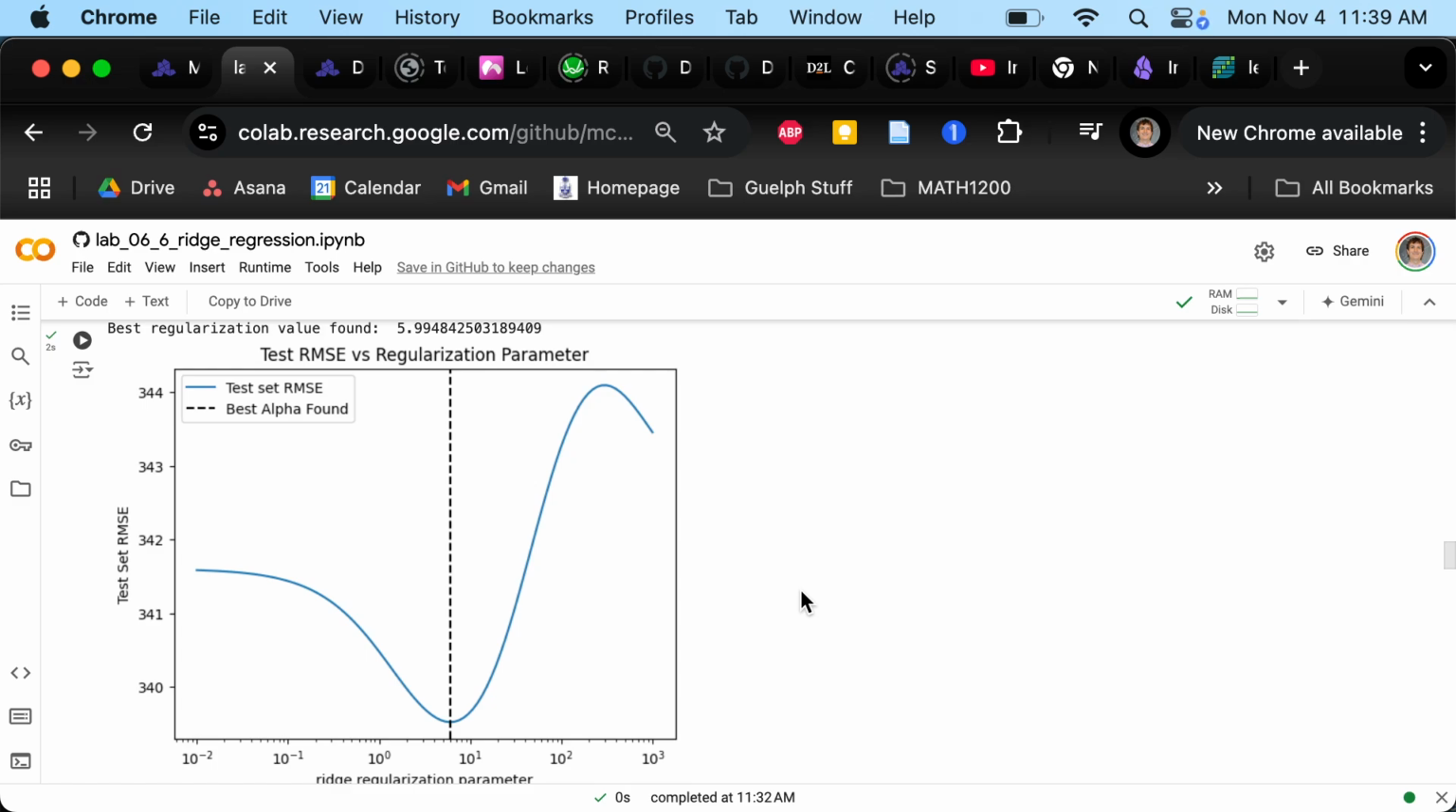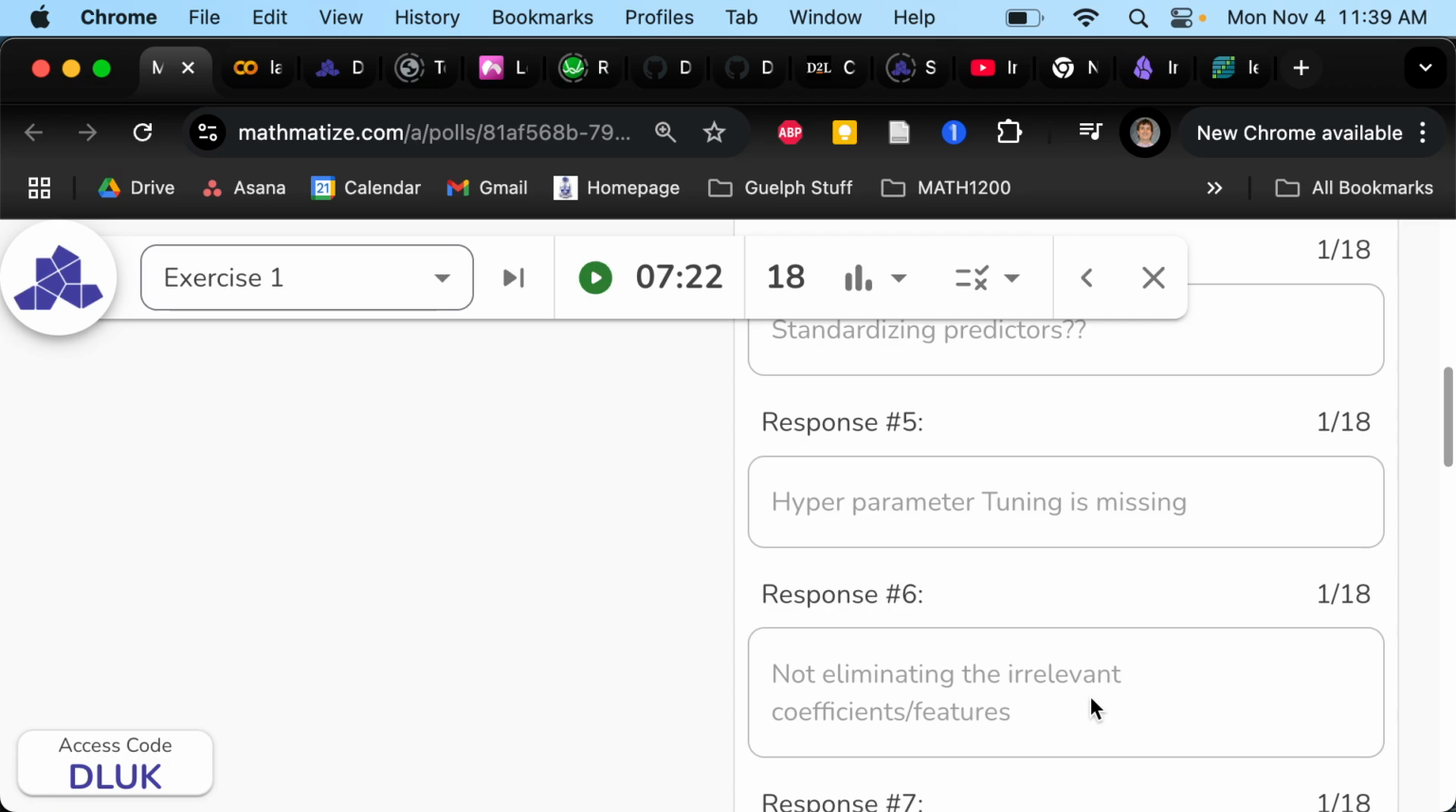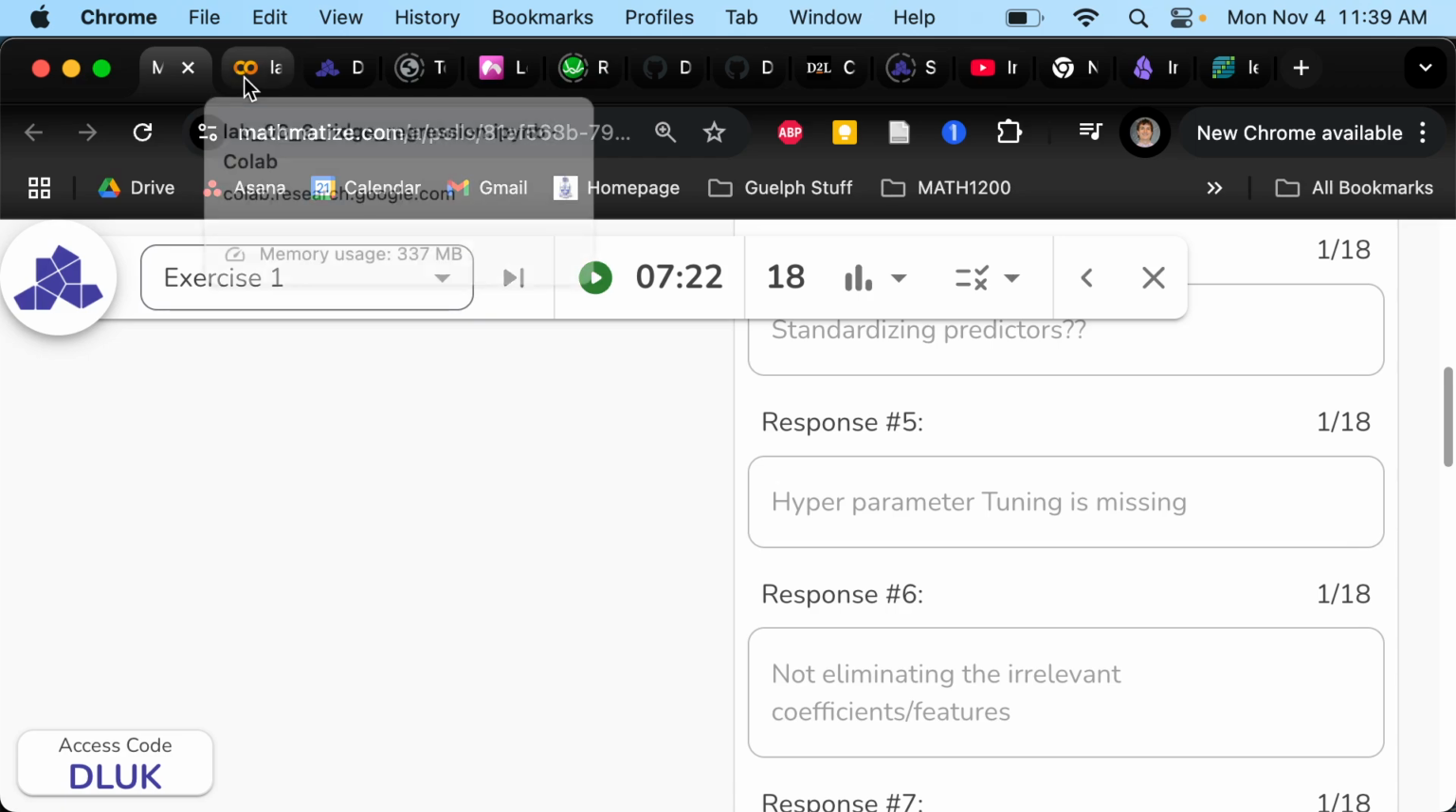The thing to recognize is that it's not working, or at least it's working almost by 0%. It's such a tiny difference that it might as well be nothing. So we're doing it, it's just not working. So if you wrote that, that's what we're doing. Okay. Not eliminating the irrelevant coefficients/features. So yeah, one way to look at this graph is to say,